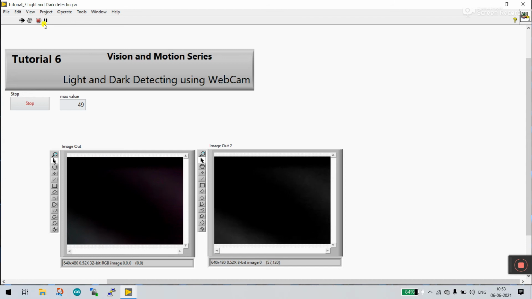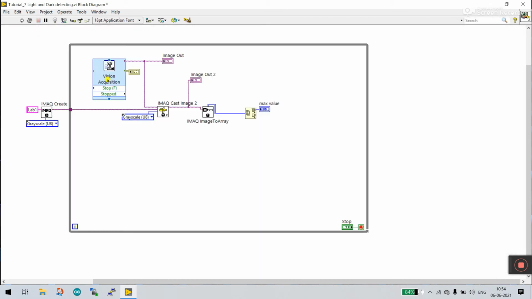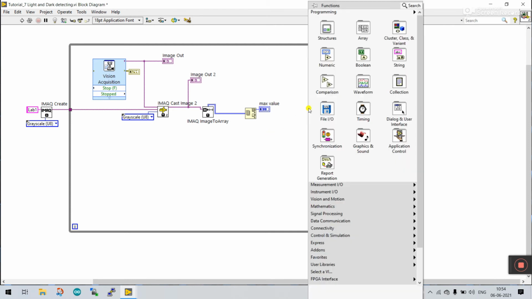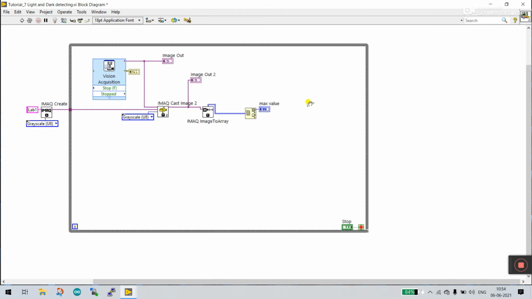How can we do this? Let's stop this. Press Control E. Let's start to create a logic. Right click and come to comparison. Right now I'm choosing greater. Let's select greater. Now I connect here, that is greater. The other one is also greater. Remove this wire. Now first this X, connect to this terminal. I create a constant: if the value is greater than 200.